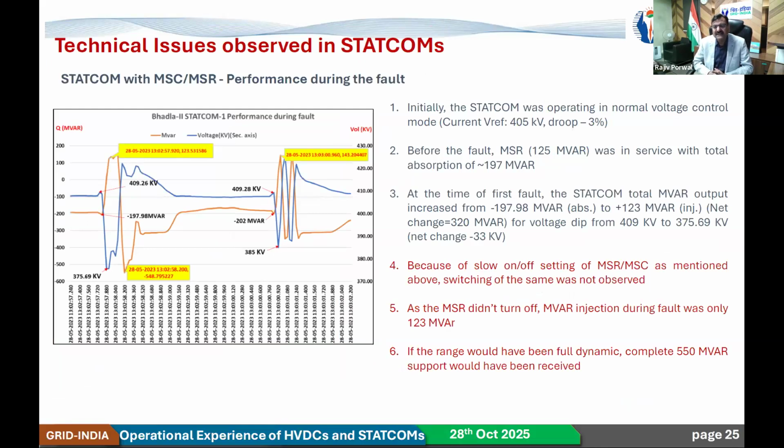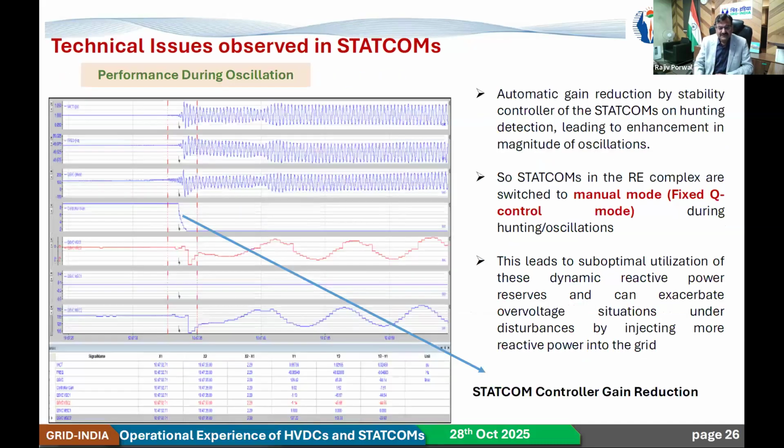So it went only up to plus 123 MVAr during the fault condition. It might have given a much better response if this MSR had been out, because it cannot switch on and off very fast. So we are not able to utilize the full dynamic range.